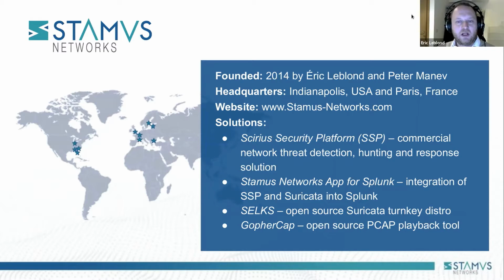Hello, everyone. Nice to not see you physically and get to this webinar. 2021 is the follow-up of 2020. And so I'm speaking from Brussels, Belgium, and Stamus Networks is a company that is spread across USA and Europe, with headquarters in Indianapolis and a second site in Paris, France. We are editor of the Scirius Security Platform, system for network threat detection, hunting, and response